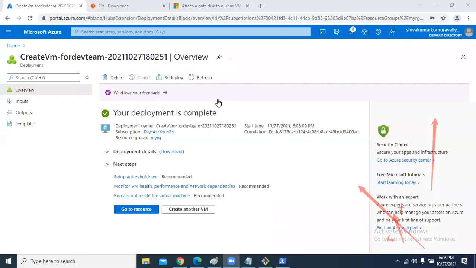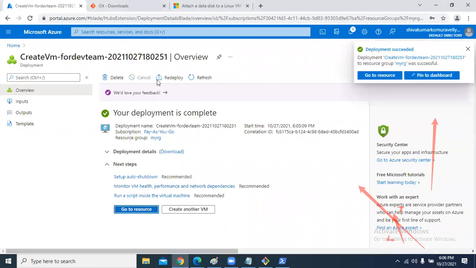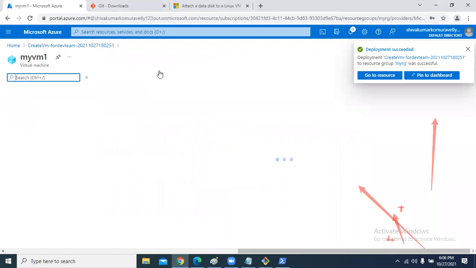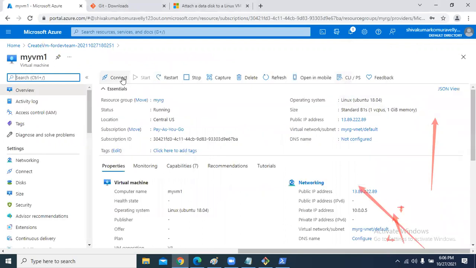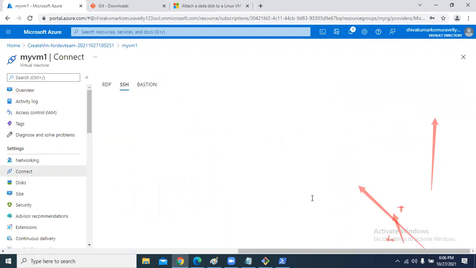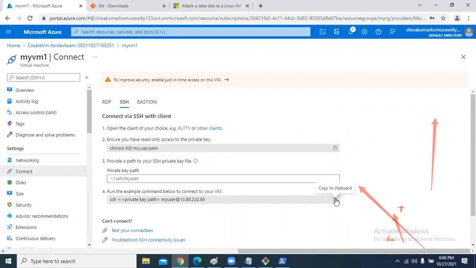Azure DevOps. Okay. Now go to resource. Are you seeing go to resource? And let me show, this time I will connect via PowerShell. Click on connect. This is my PowerShell.